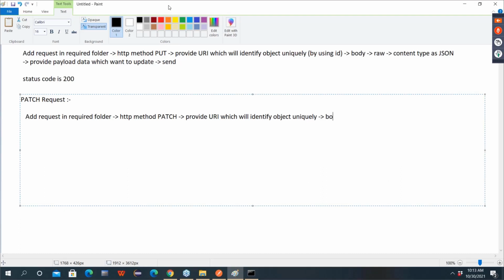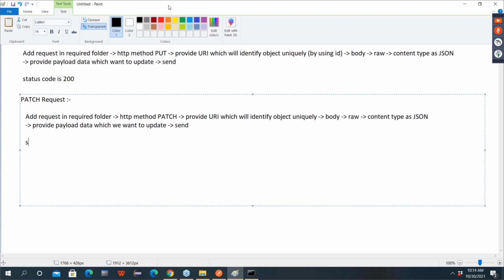After that body, after that raw, after that content type as JSON, okay, after this provide payload data which we want to update, and last click on send.